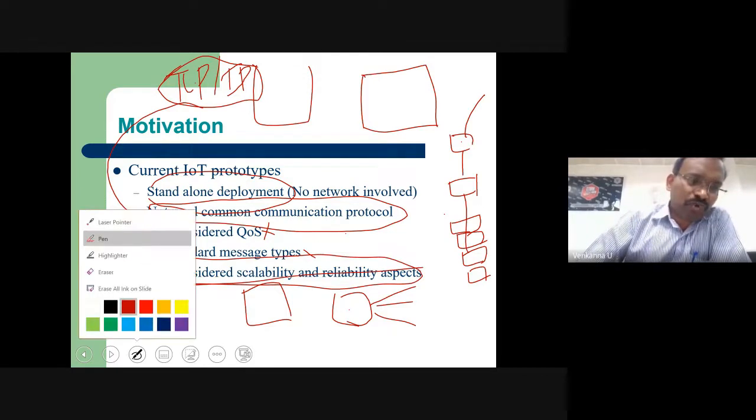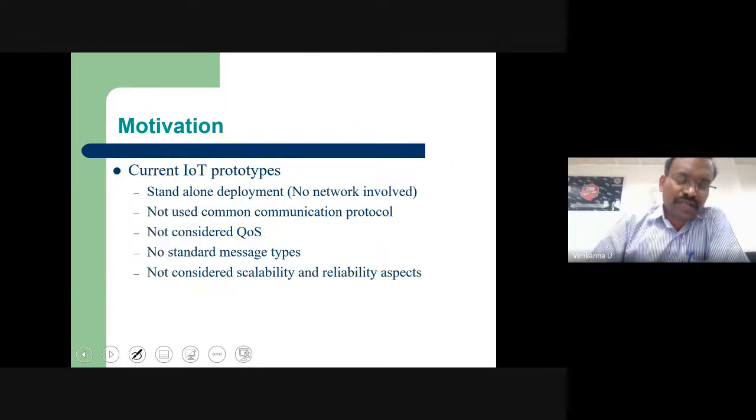This is my motivation for why someone should think about the communication protocol side. Why someone should start looking into a lightweight communication protocol, so that I can make IoT nodes form a network, I can make a standard communication protocol, and I can bother about quality of service.